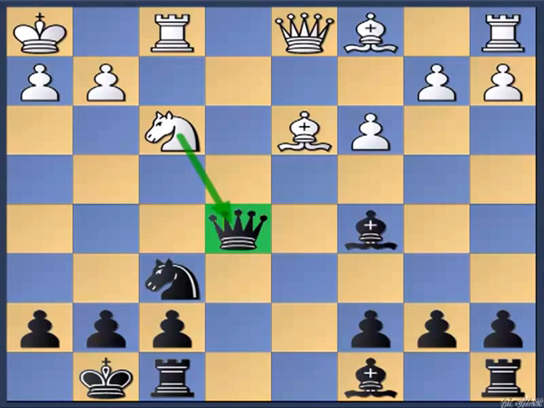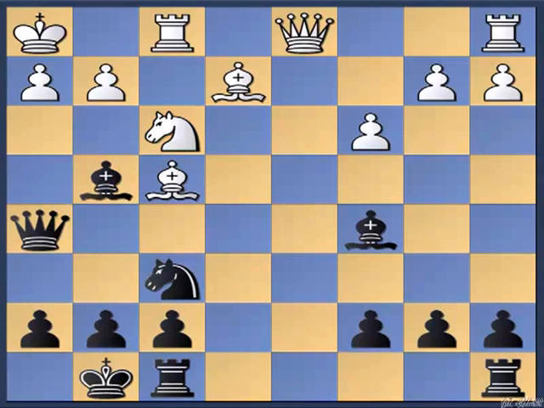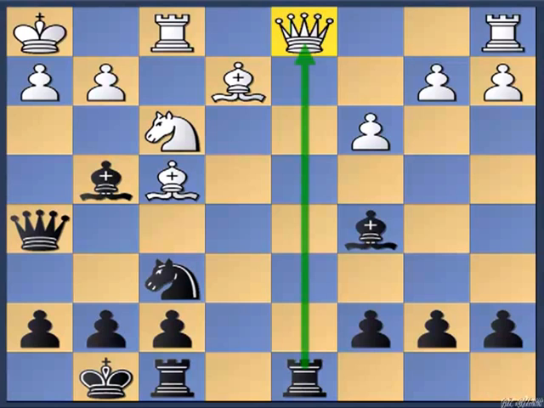So here black doesn't need to be afraid, and in the game I found a wonderful move by the queen, which is queen to h5. So if the knight moves, then I can simply exchange the queen. My opponent plays bishop to f4, and I further increase the pressure on the knight with bishop to g4. My opponent drops his bishop back to e2, and now I simply play rook a to d8, attacking